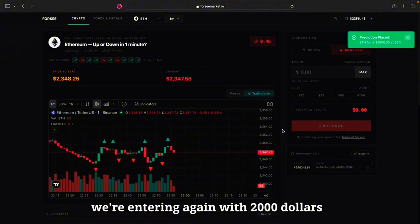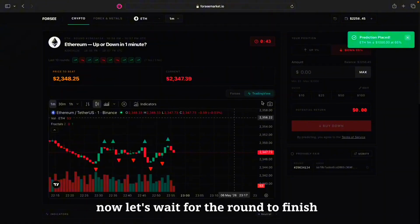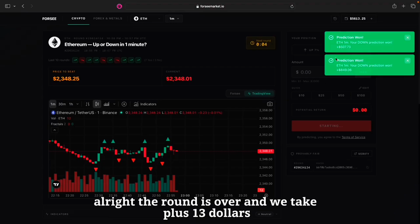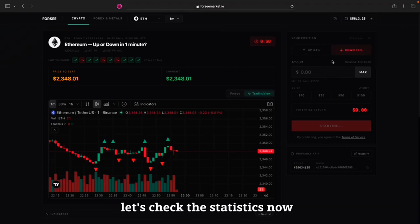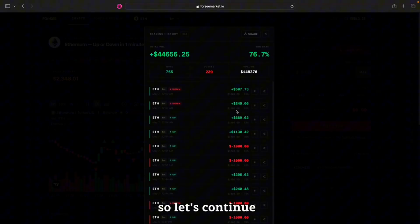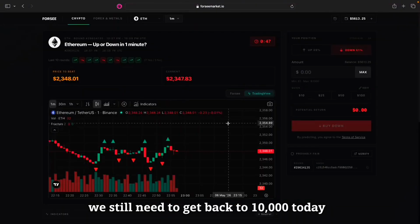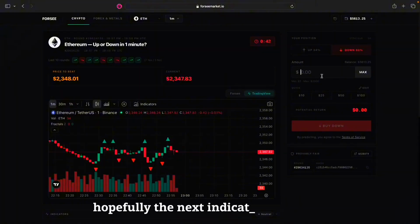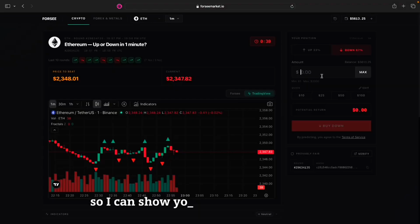We're entering again with $2,000. Now let's wait for the round to finish. All right, the round is over and we take plus $1,300. Let's check the statistics now. Here we had minus 2,000 before, but we already recovered the losses and even went a little into profit. So let's continue. We still need to get back to 10,000 today, so we don't finish the session in the negative. Hopefully the next indicator won't lag, and we'll be able to enter properly, so I can show you how